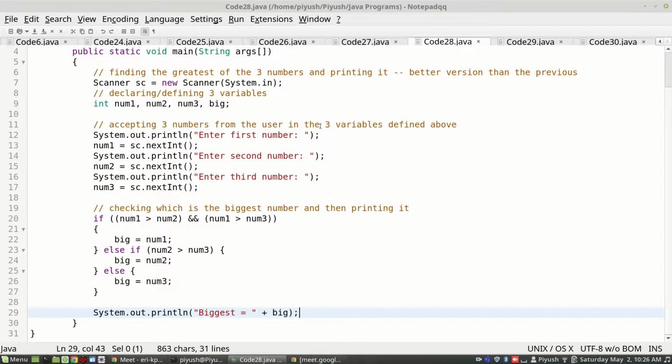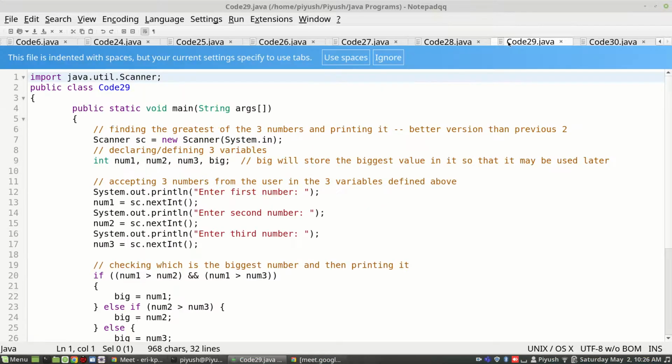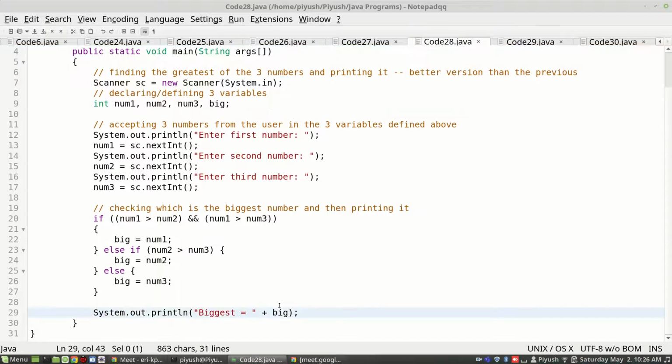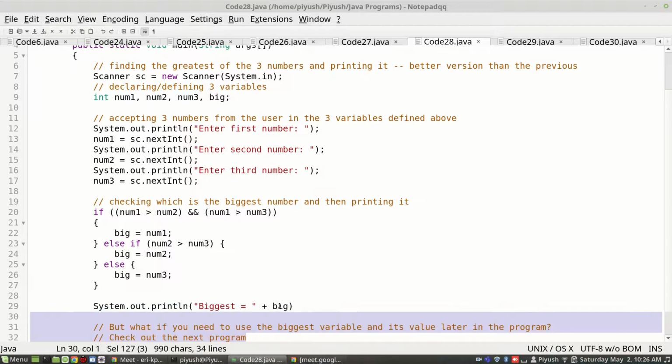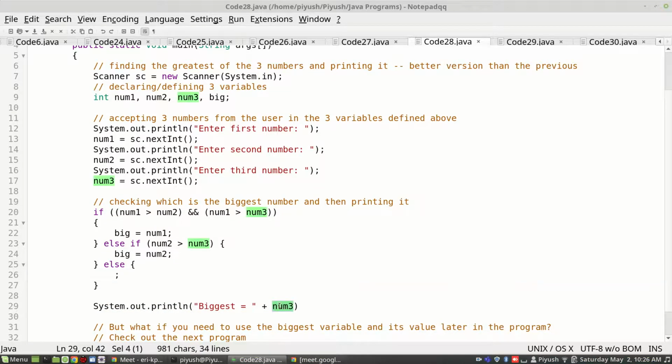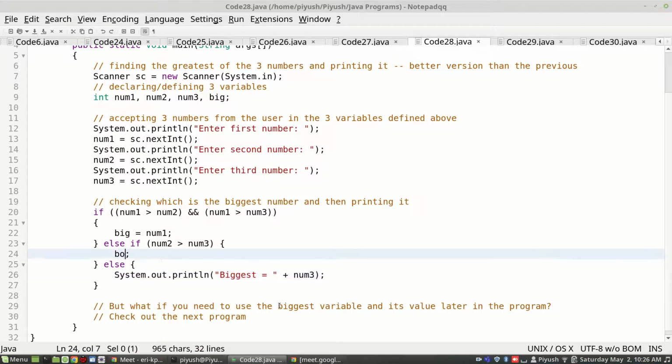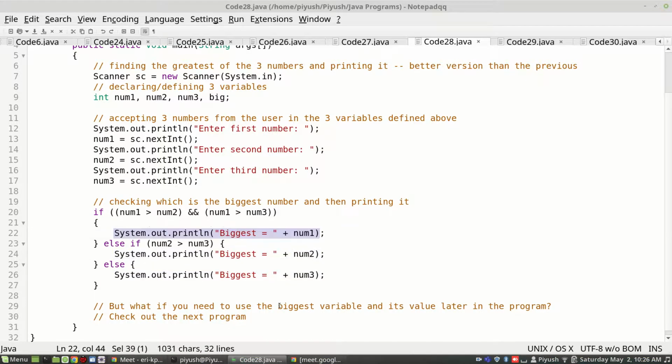Fine. Now let us move to the next program. So that same thing I did in this one. I'll simply reverse back here.